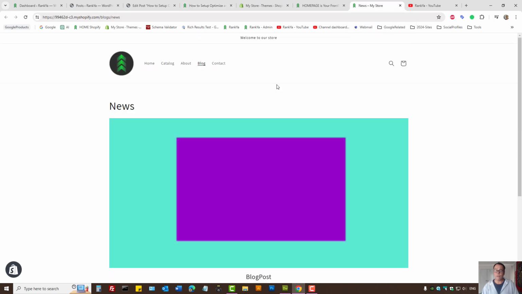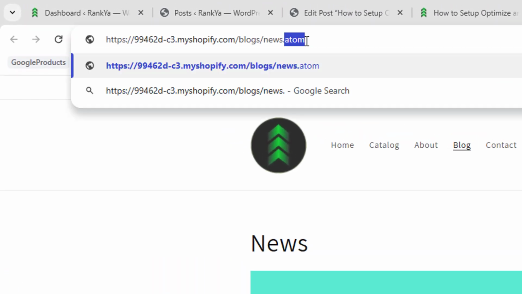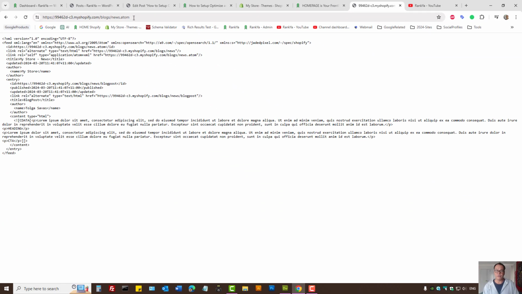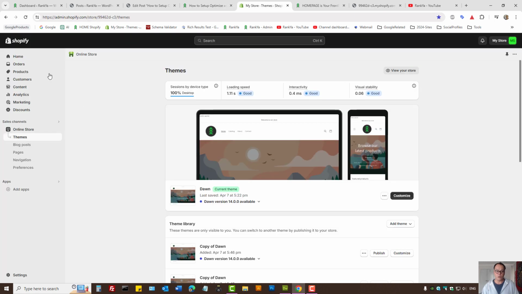Basically, Shopify stores actually automatically generate the feed for you. So simply visit your blog post section, then place .atom, and that's your feed. So therefore, simply copy this, go to your Shopify store dashboard, the theme that you're using, you can press on